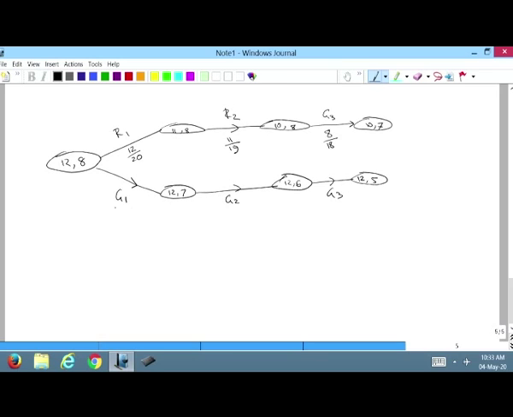In a similar way, this probability is 8 upon 20. Now we have 12 and 7, so drawing a green, that probability is 7 upon 19,